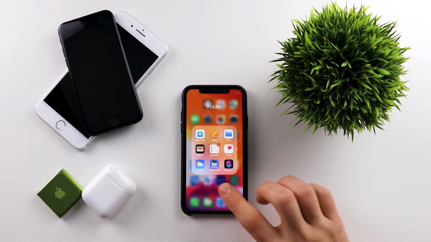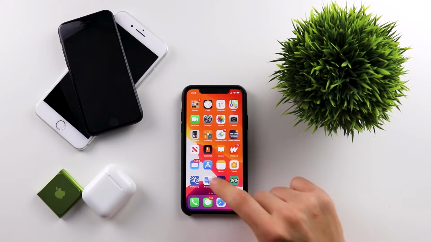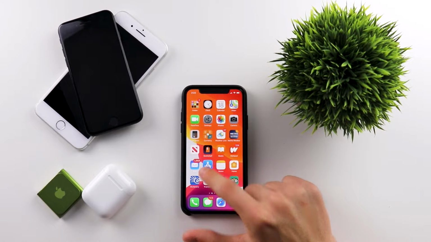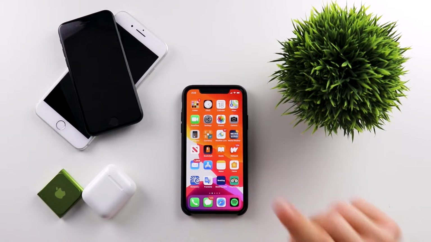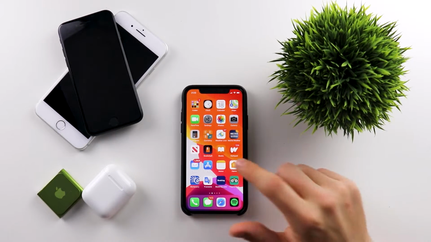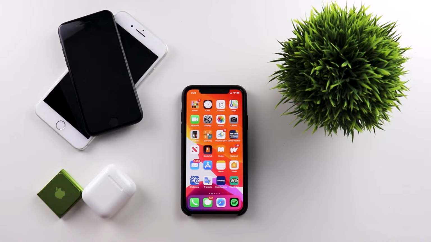Now, 3D Touch, the very controversial topic. I discussed that in my previous videos, but many people say that 3D Touch is not completely here anymore, and it might come back or it might not. But since Apple's working on haptic touch, they might as well give up on 3D Touch, but that is really